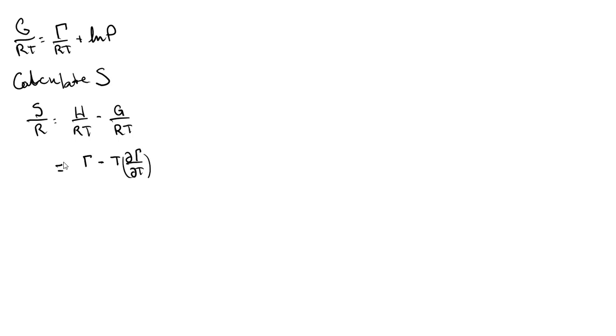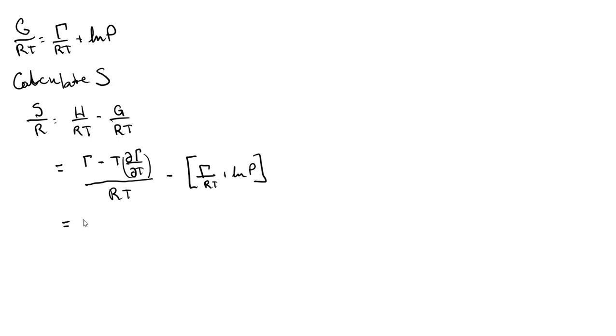All right, and that's H, and then we divide through by RT. And then minus G over RT. What is G over RT? So that's gamma over RT, plus natural log of P. We don't even have to do any derivation of that because that is our equation of state that we have there. And so what we're left with is just to simplify this, and so we get S